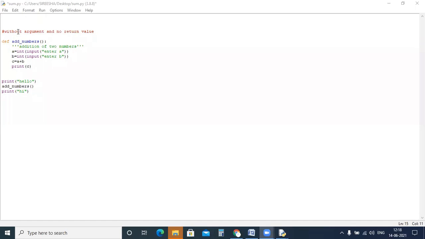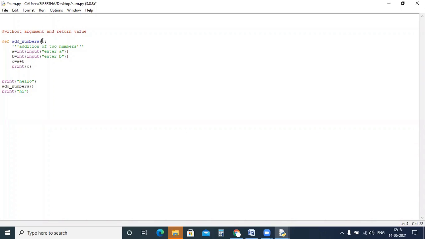What is the second case? The first case we have seen is without argument and no return values. Now, no argument and with return values. And we will be having a return value here. So now what I'll do is go with the same example, addition of numbers.